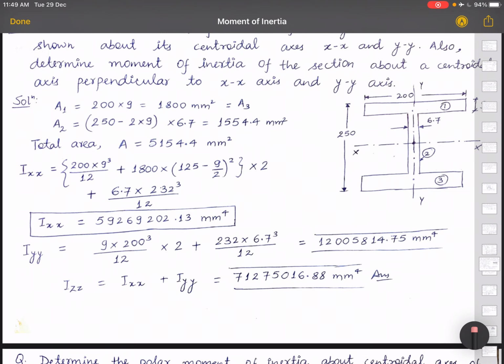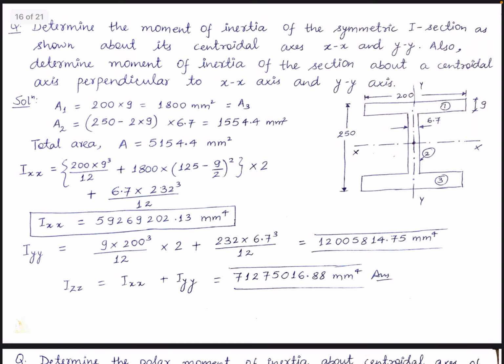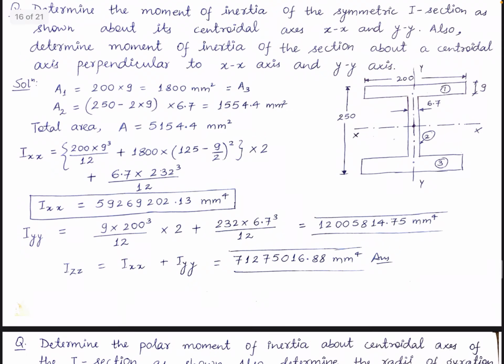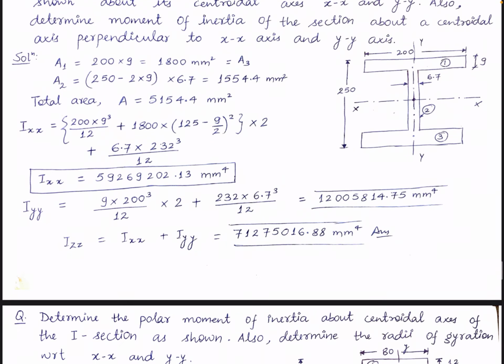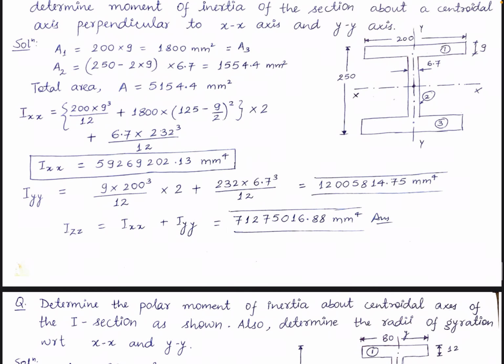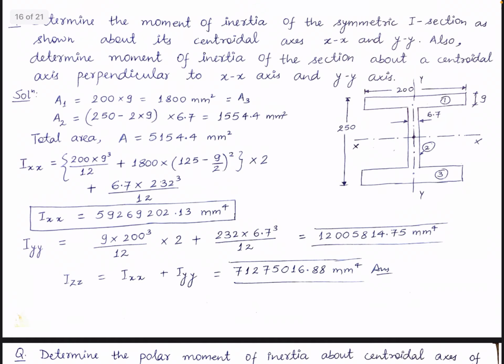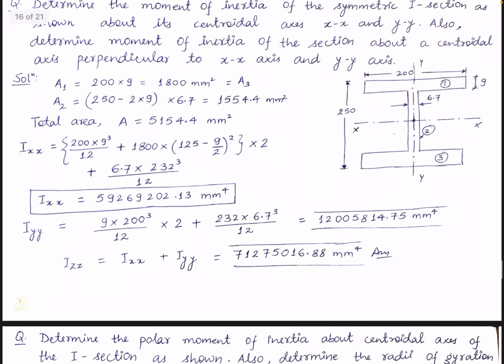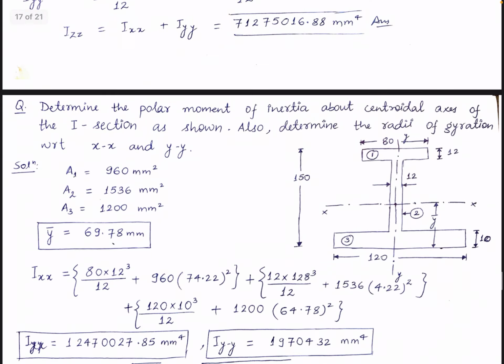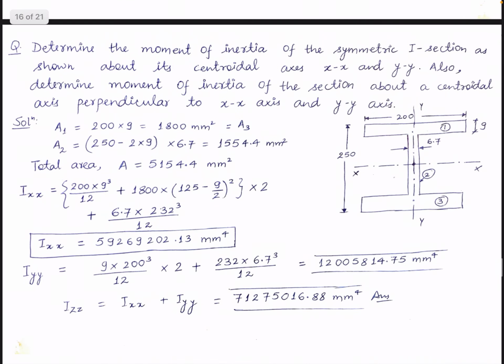So we have to divide this whole portion into three portions, as I have shown: first, second and third. Simply you have to calculate the area. Carefully you have to calculate all the areas, and the centroid will be at the midpoint only. So it will become a very easy problem. So Ixx and Iyy you can calculate. If Izz is also asked in the question, just add them. It was a case of symmetrical I section.